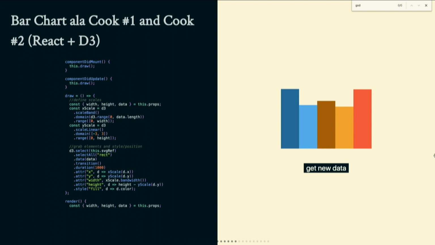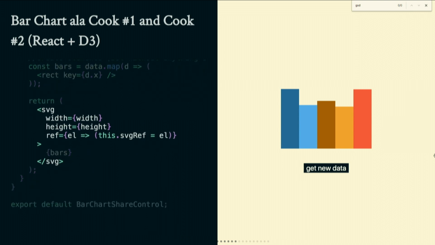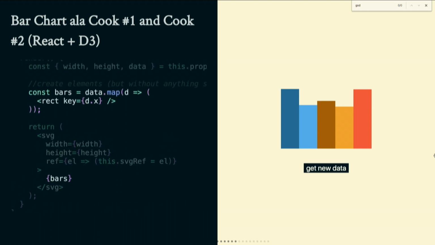It'll be creating the SVG container and the elements, and D3 will be styling. So again, we have our 4 methods of this class component. We have component did mount, component did update, a draw function, and a render method. If we take a look at our render method, we're again going to return the SVG container with a reference that D3 can later select. But in this option, React will be mapping our data to rectangles. But these are rectangles without specific attributes set, because later D3 will handle filling those attributes in.